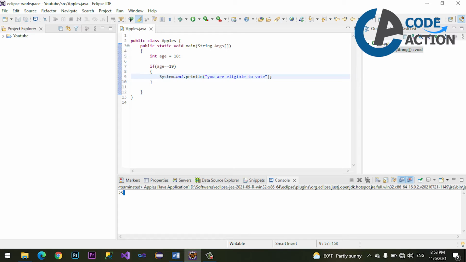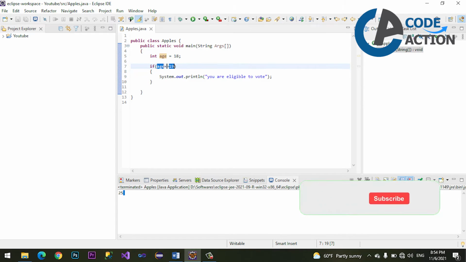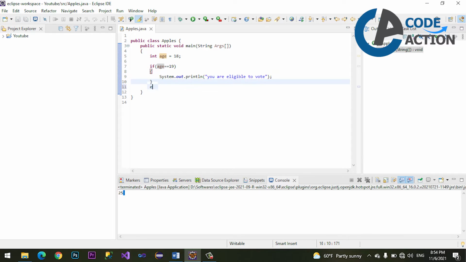Now this is actually a comparison statement. It compares two values. What's the value of age? It's 18. It means 18 will be compared to 19. Is 18 equal to 19? No. If it's not, then do what?